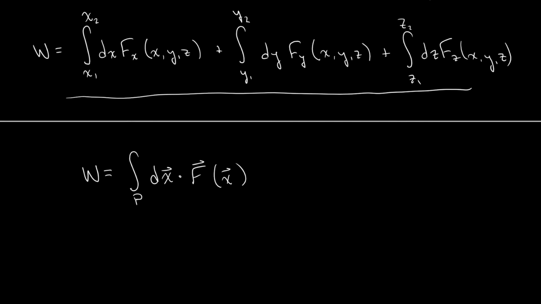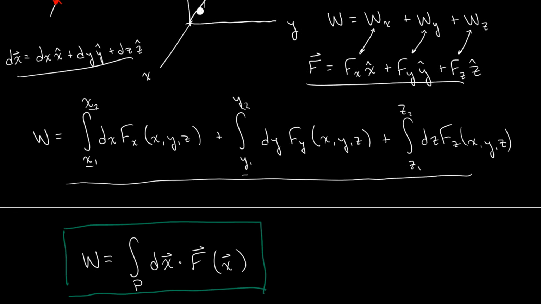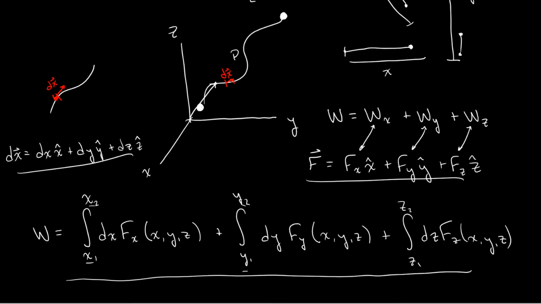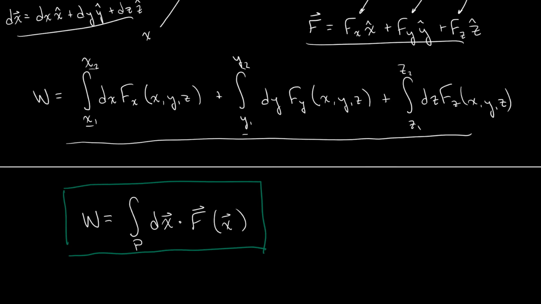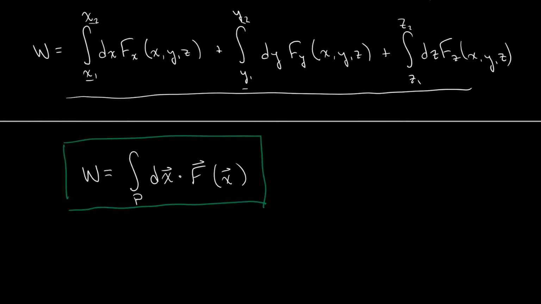And so this is actually what we're going to work with. No pun intended. But so yeah, where p just tells us what the bounds on these integrals are, and that's going to be determined by whatever path we decide to take through space. As we'll see soon, in some cases that path is going to matter, in other cases it won't. And actually most of the time, in the cases that we look at, it ends up not mattering. Okay. So let's go ahead and look at an example of this.